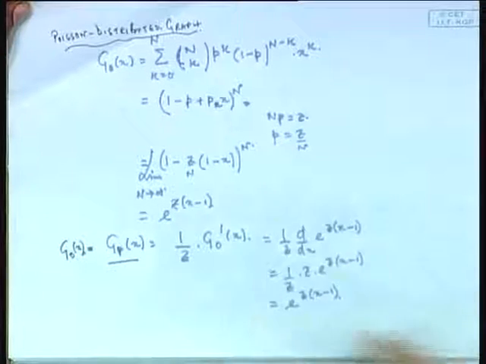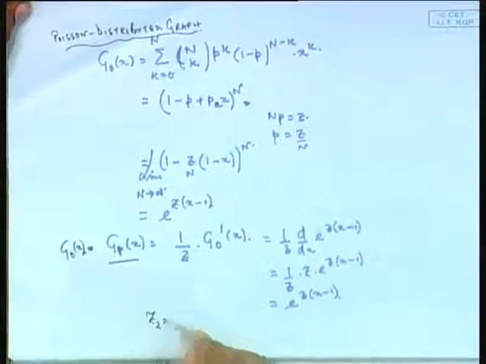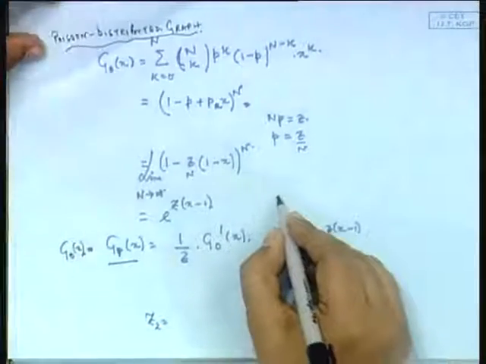So, what will be Z 2 then? Can we calculate Z 2? So, Z 1 is